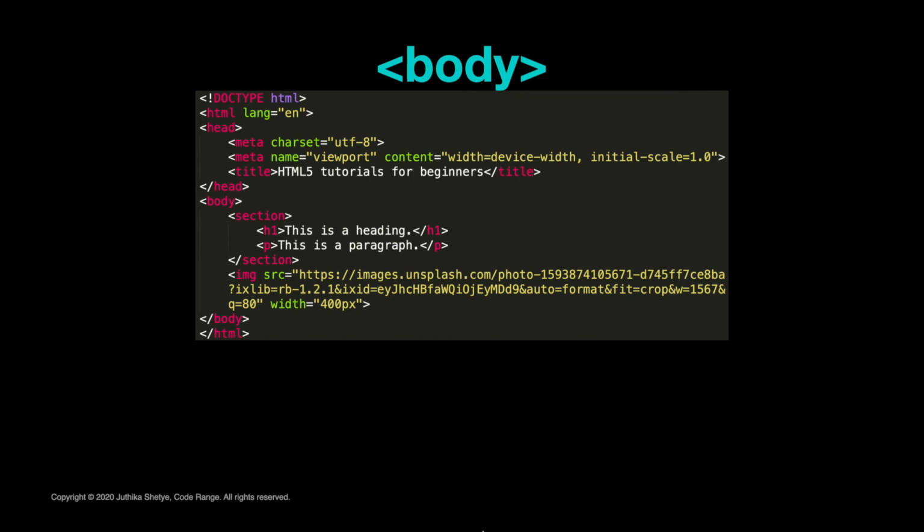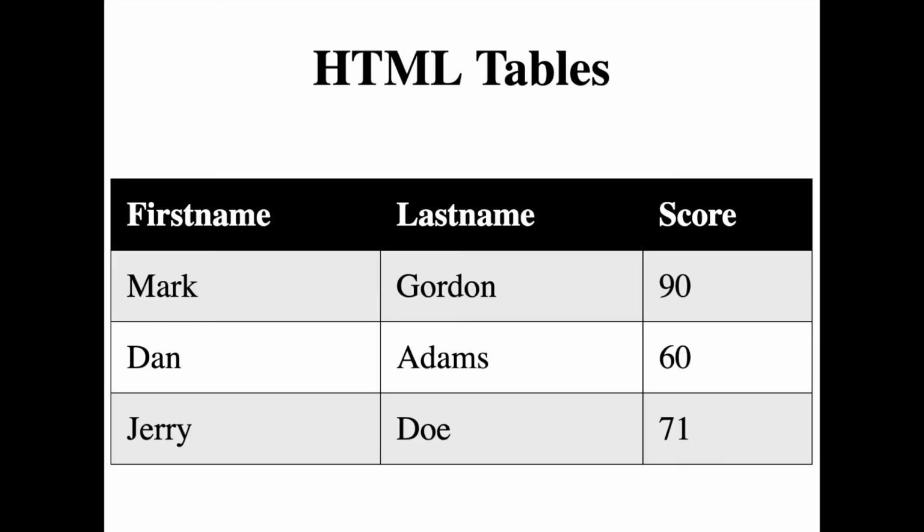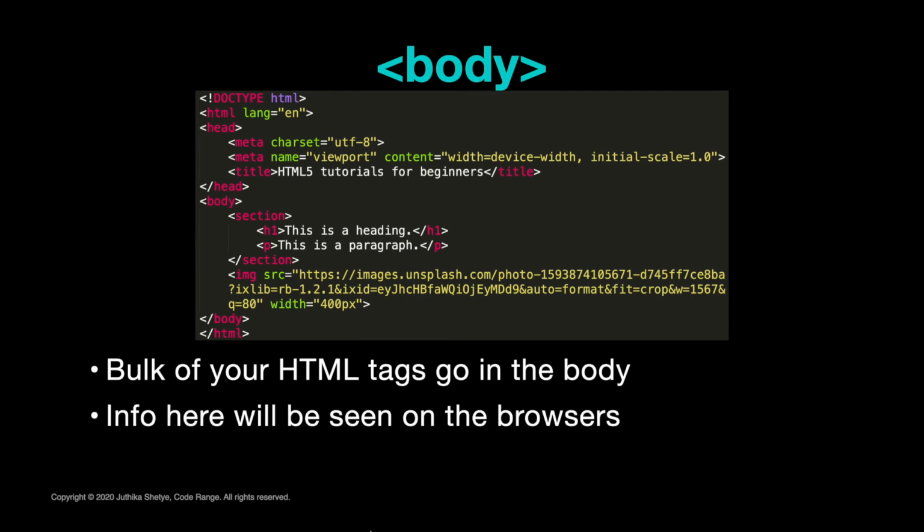It's where we will put the bulk of all our HTML tags such as headings, paragraphs, images, hyperlinks, tables, lists, etc. And the information here is what people will see on their screens. So it's very important to write well formatted or tree-like code where you are making sure that every element has an end tag and that you are not putting tags in weird orders. Also, most of the content in the body is displayed by the browser, but sometimes there's a little bit of metadata in there too. And we will learn about that later.